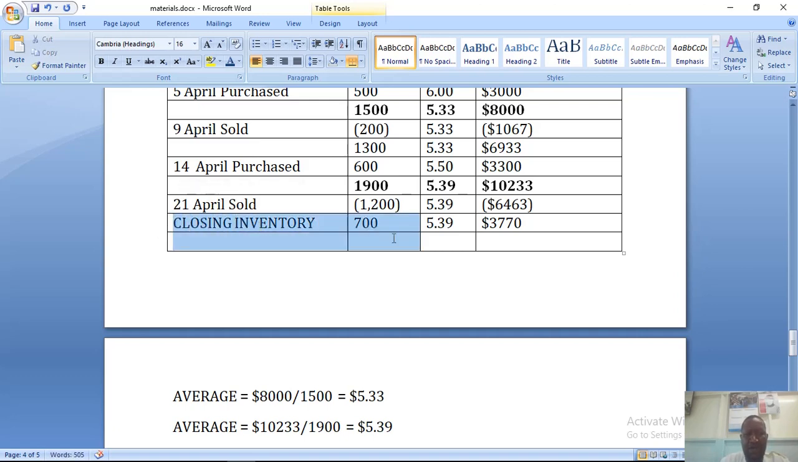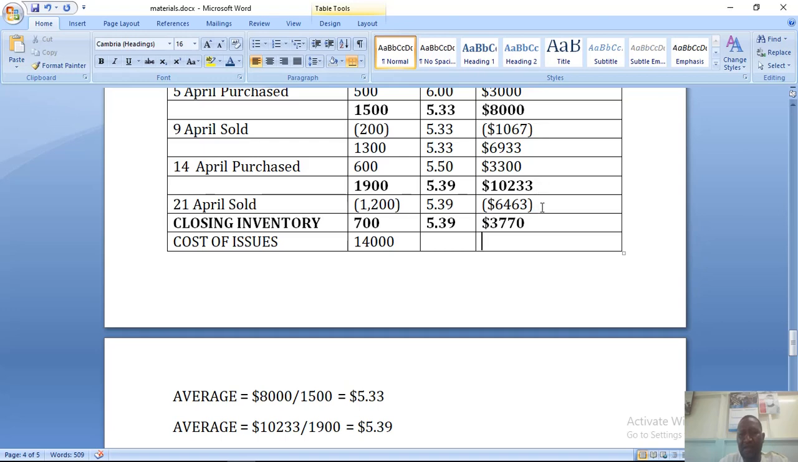What's the total cost of issue? The total cost of issue will be cost of issues. The total number of units issued will be 200 units issued on the 9th of April plus 1,200 units issued on the 21st of April. That's going to be 1,400 units issued. Non-applicable for the issue price because these were issued at different prices, but the cost of issues is going to be